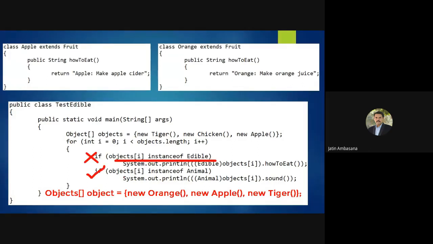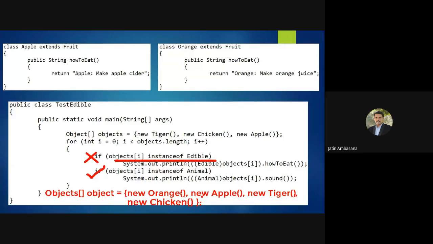This if does not work because that's not edible. Instead, this if works. And now suppose we put one more object to this, like I say comma, and one more new object is put over here, saying new Chicken, and then this ends.